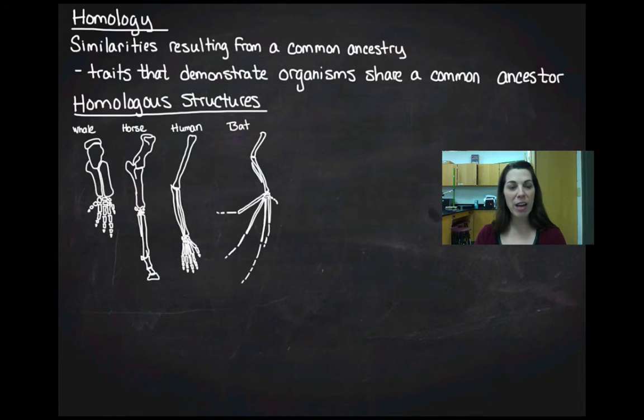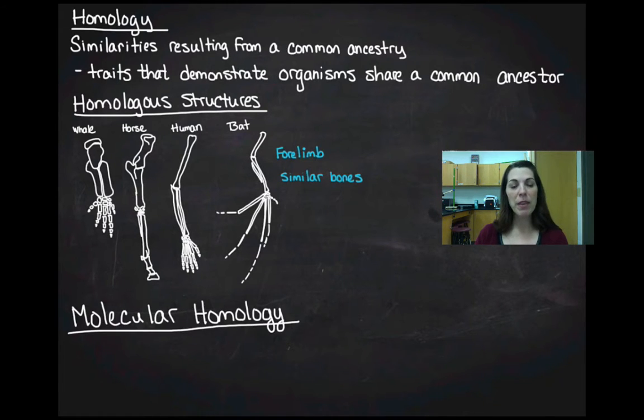There's five phalanges, and in the horse, if I was a better artist or if we zoomed in more, you could see that you're getting a fusing of those bones together. But you basically can see through the forelimb of these organisms that they have similar